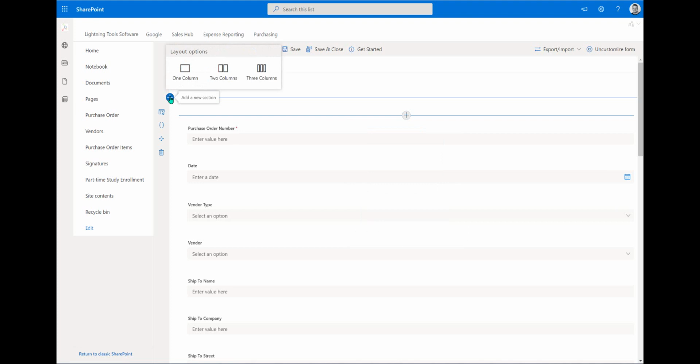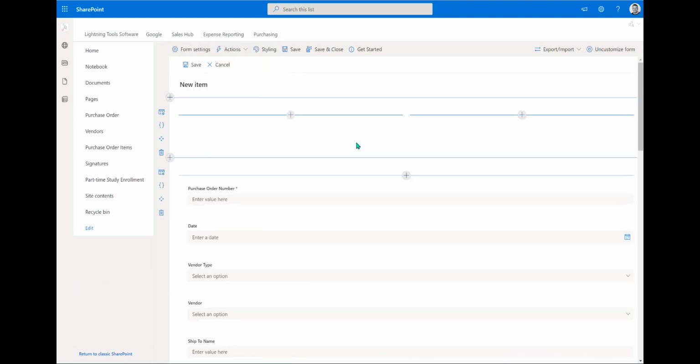So we've already got one section on the form that contains all of our columns. What I'm going to do here is actually go through and create a two-column section. So this allows me to segregate different parts of the forms to get different types of layout as we go through. So I want the tabs actually to be in the full width of the form, so that needs to be a single column. So in the next video we'll be adding a tab just here,